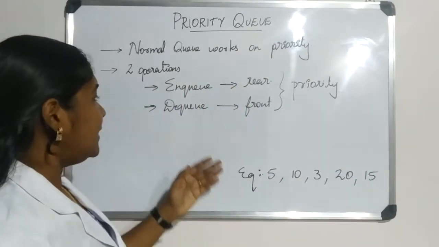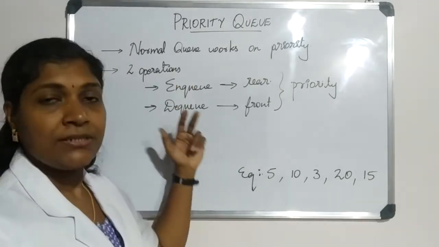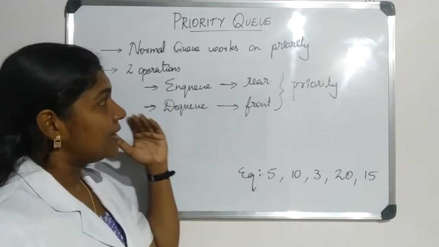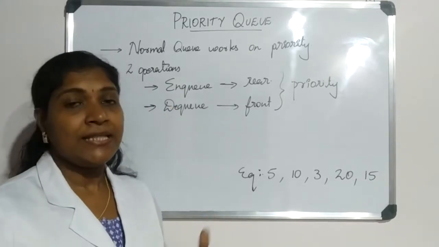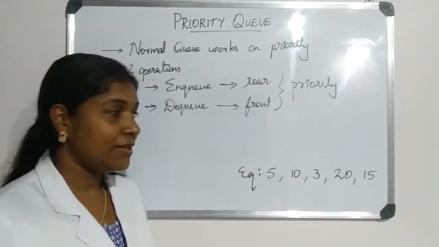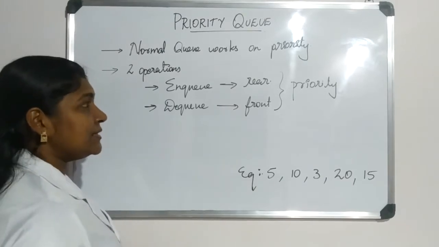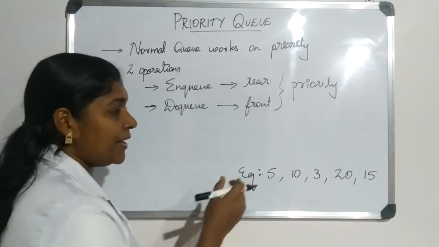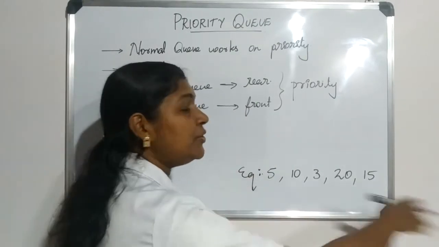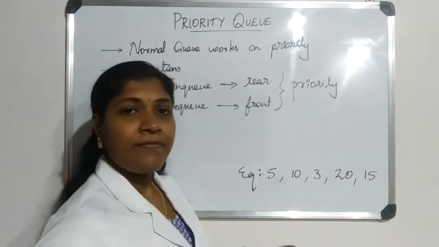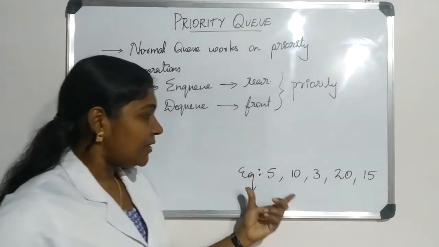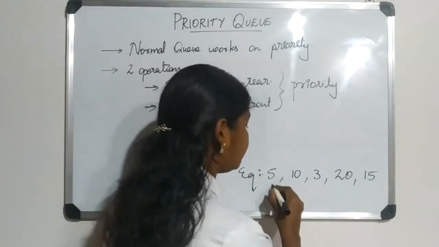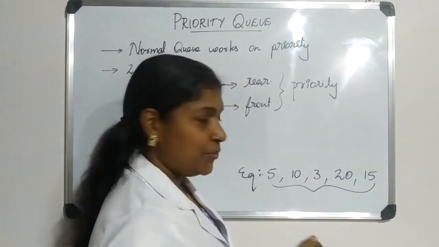I already mentioned we are performing two operations like our normal queue, that is NQ and DQ operation. So let's understand the concept first, then after that we'll move on to our logic. What we are going to do is consider a set of numbers as an example, and perform the NQ in a single stretch. Normally we don't do it like that.